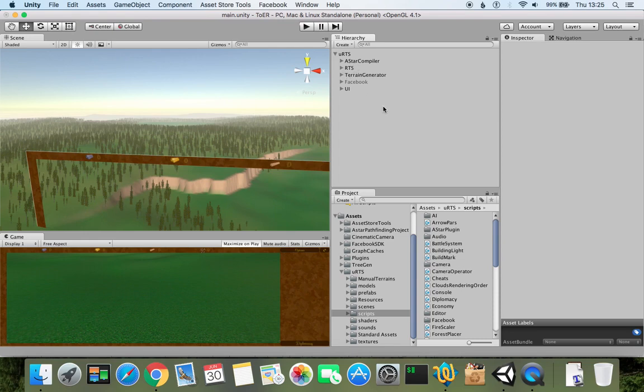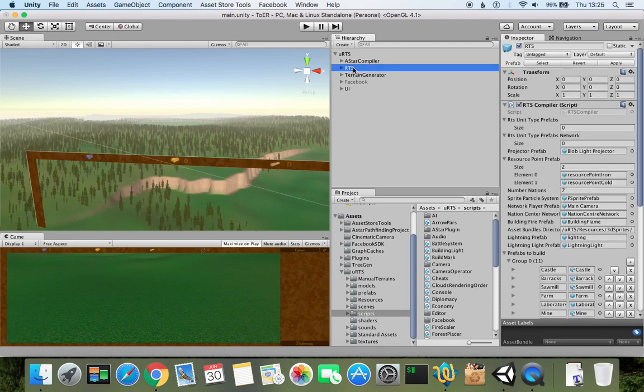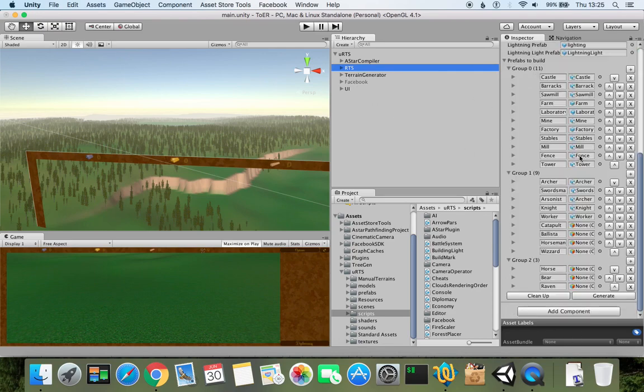It may happen that not everything works immediately when you drag and drop, but once you go through these things and recompile them, it should start working. So let's go ahead and see how it looks now. Firstly, the main thing is RTS, with this RTS compiler, which is